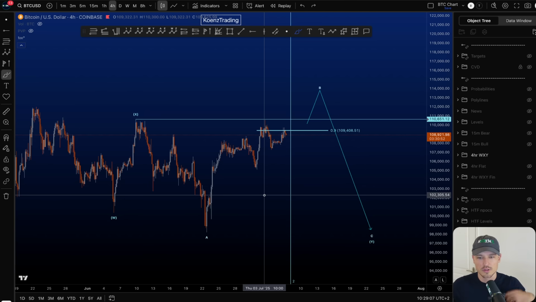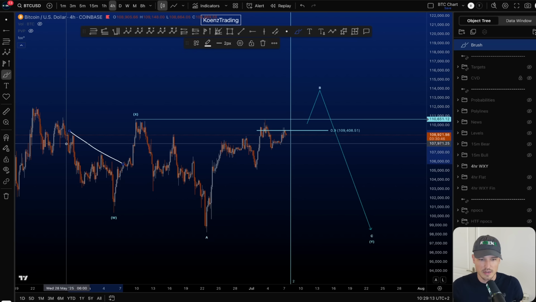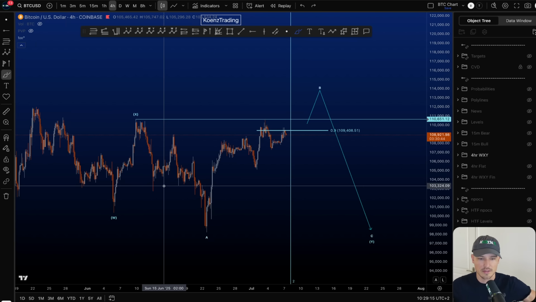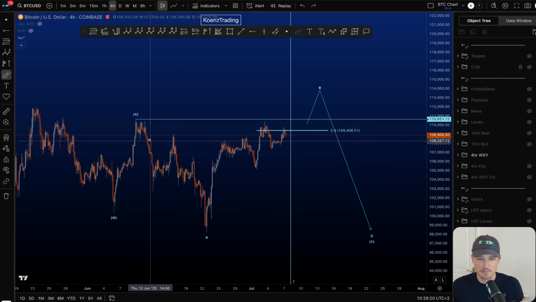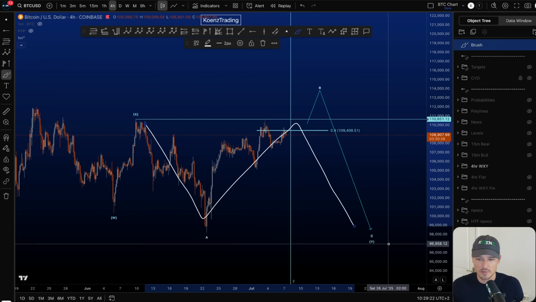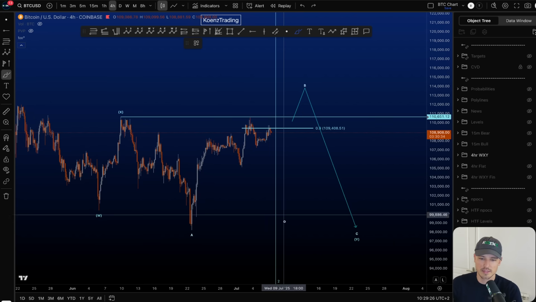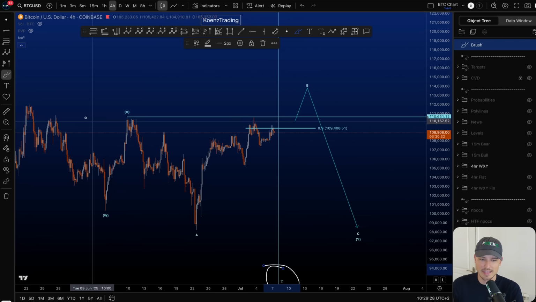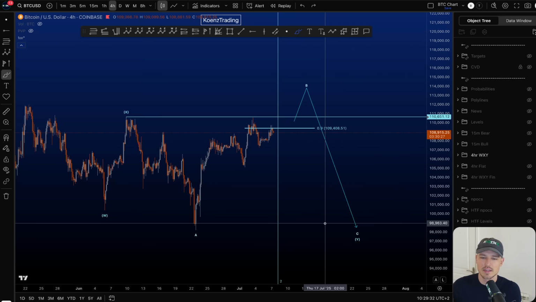So here, what you're looking at is a WXY. So we have a zigzag structure in a wave W and an ABC, right, as per last week, expanding diagonal in your wave C. Then you have a short wave X to the upside, followed then by a wave A, wave B, and a wave C, a flat in a wave Y. Now, mind you that wave Y is getting close to twice the length of wave W in time, by no means an invalidation. But if we're looking for a wave C to the downside in a wave Y to finish